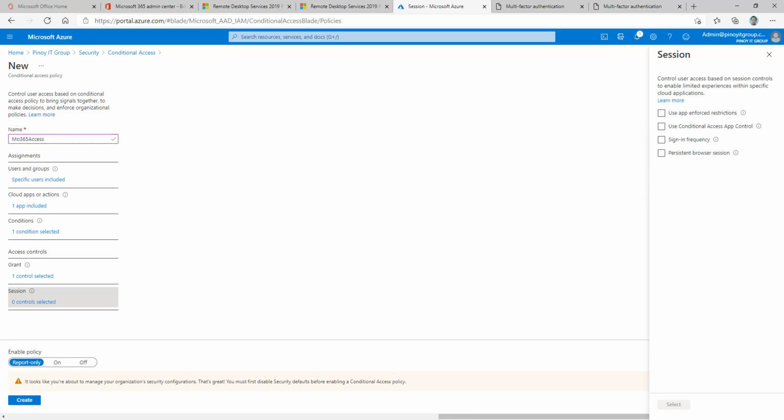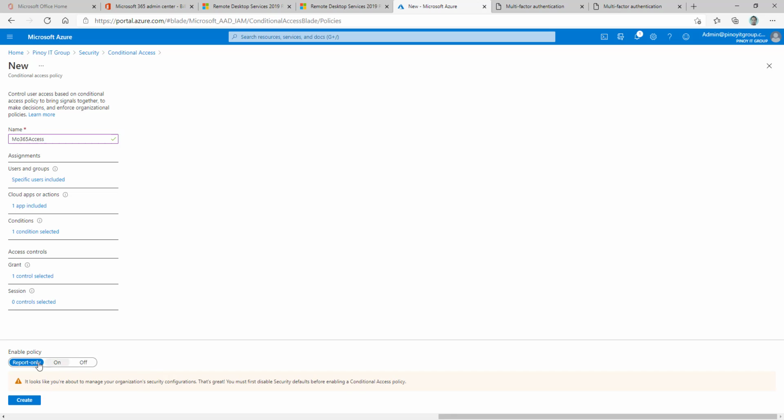Let's see, can you control access based on session. You can enable all. You can create also, but there is no session as of now. So let's focus here. Report only. So if the user accesses, you will have an audit mode or log. You will have any logs. You will see that this user accessed that. If we enforce it, enable, and then the user